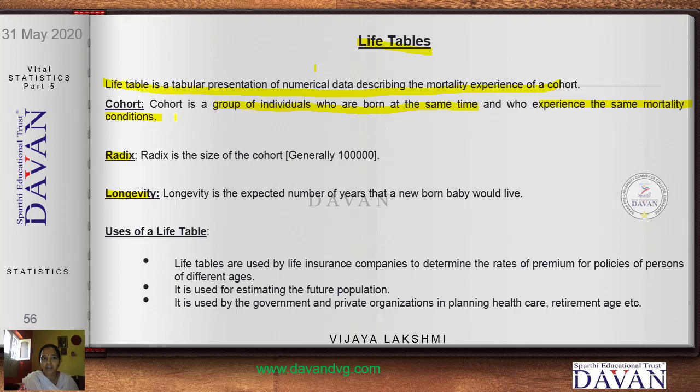Now I may have a cohort of females alone, a cohort of males alone, or a cohort of teachers alone, or a cohort of businessmen alone. So they are all groups of individuals who might have been born at the same time. That means we will be collecting this group of individuals with the same age group, and as we keep the record of them, by the time they are dead they may have experienced the same conditions